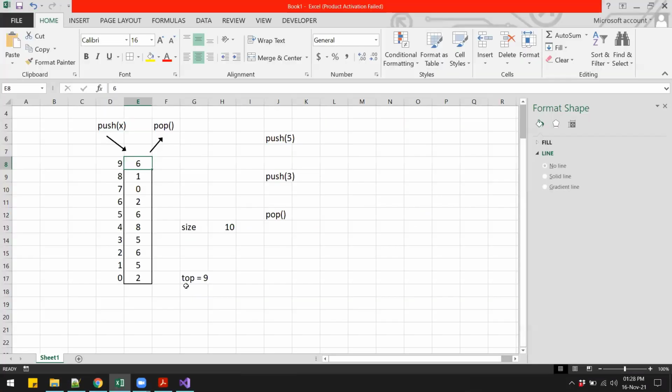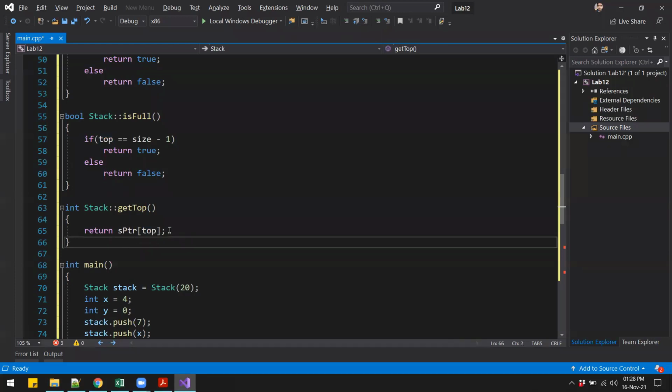Right now the value of top is 9, so if I access the array at index 9, that will give us the value 6. But we cannot do this all the time, because what if the stack is empty? If the stack is empty, then we cannot say return the value at index -1, because when the stack becomes empty, the value of top will be -1.